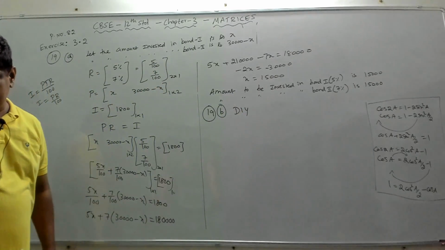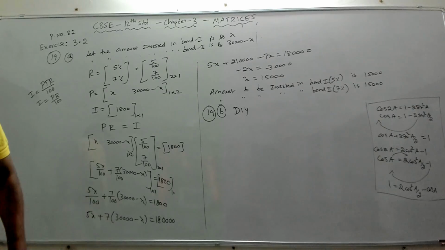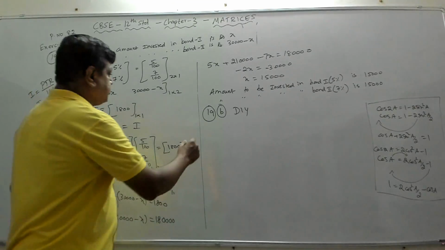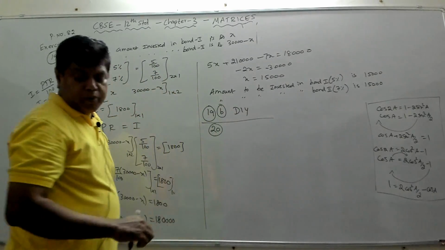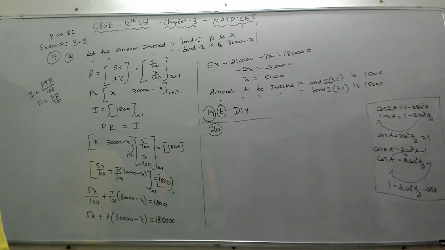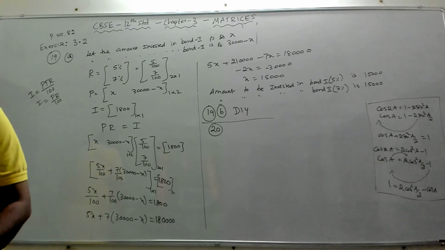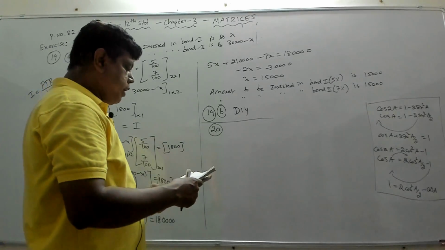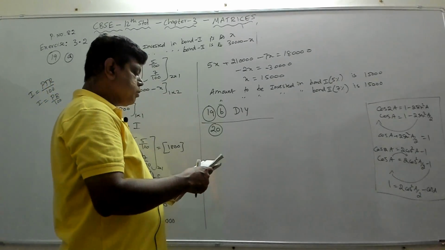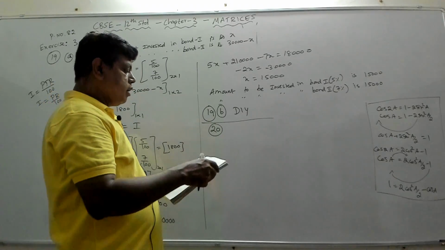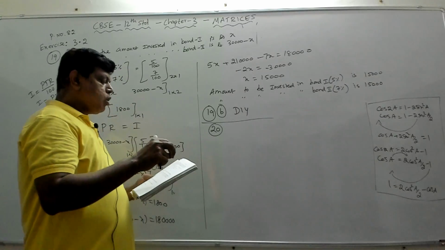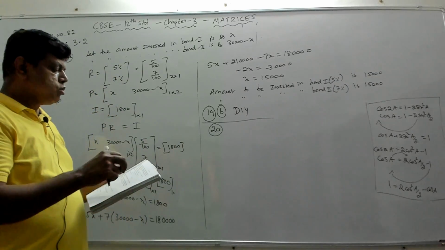Fine. So I will go to problem number 20. Problem number 20 is: a bookshop of a particular school has 10 dozens chemistry books, 8 dozens physics books, and 10 dozens economics books. Their selling prices are rupees 80, 60 and 40 respectively. Find the total amount the bookshop will receive from selling all these books using matrix algebra.